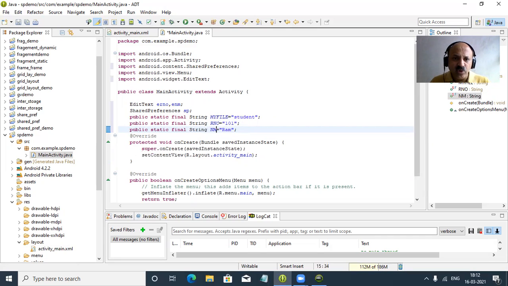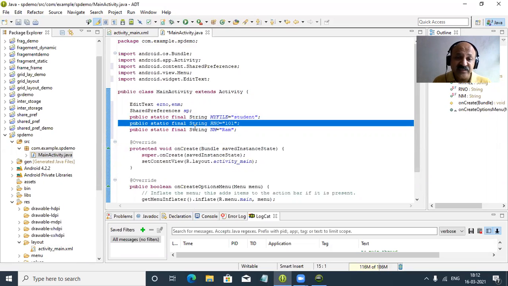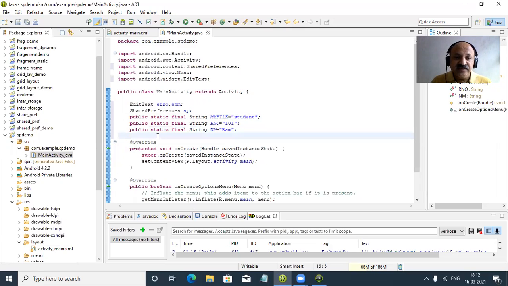Perfectly. Now what to do? That error is gone. How many fields do you have to write? First, give the file name in public static final String, and here integer. Roll number is integer, but the key is a string and the value is integer. You can look, all keys with float, boolean, you can give the key as a string data type, and the value you can provide with the appropriate data type. So all keys you can always define in string data type. I think you have to understand.